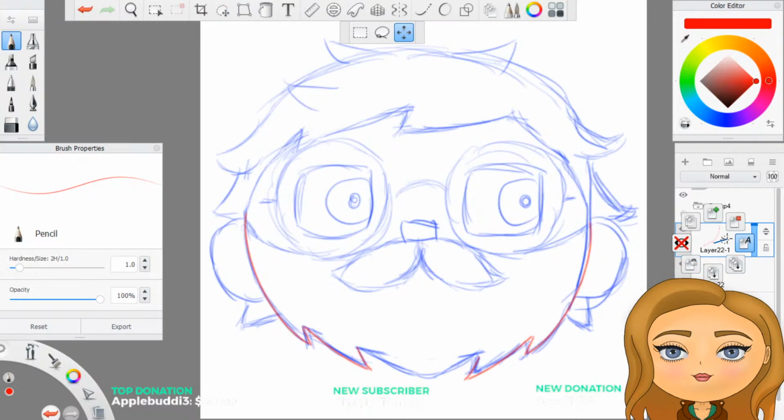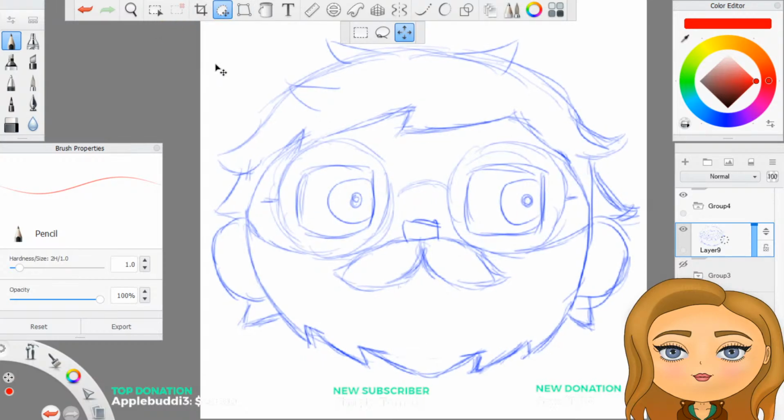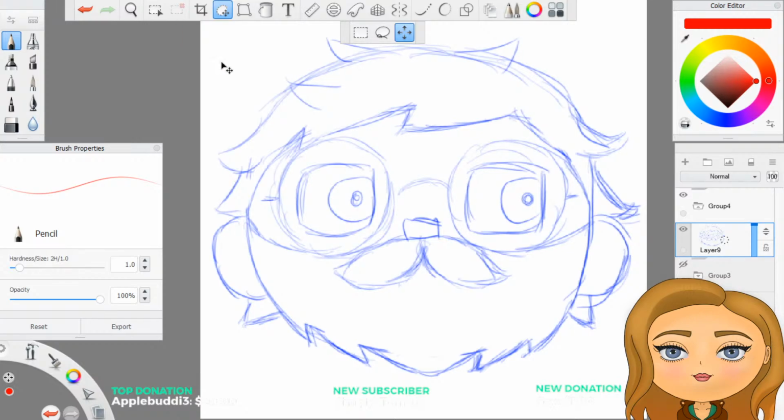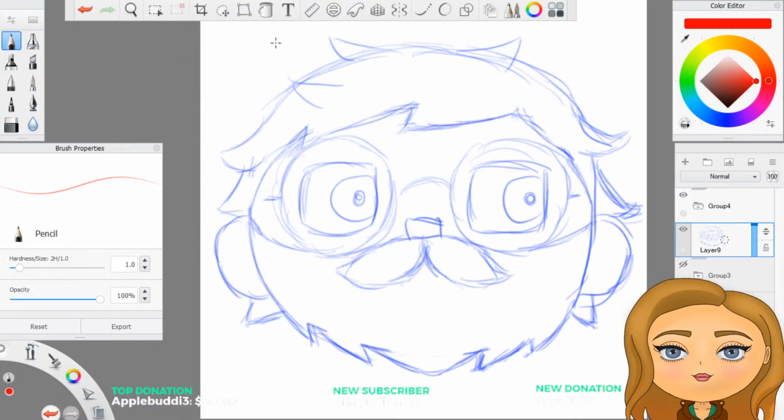Or in fact, I know what I should do. Take this, maybe move you to the right slightly. Some of this is going to be a bit on the symmetrical side.